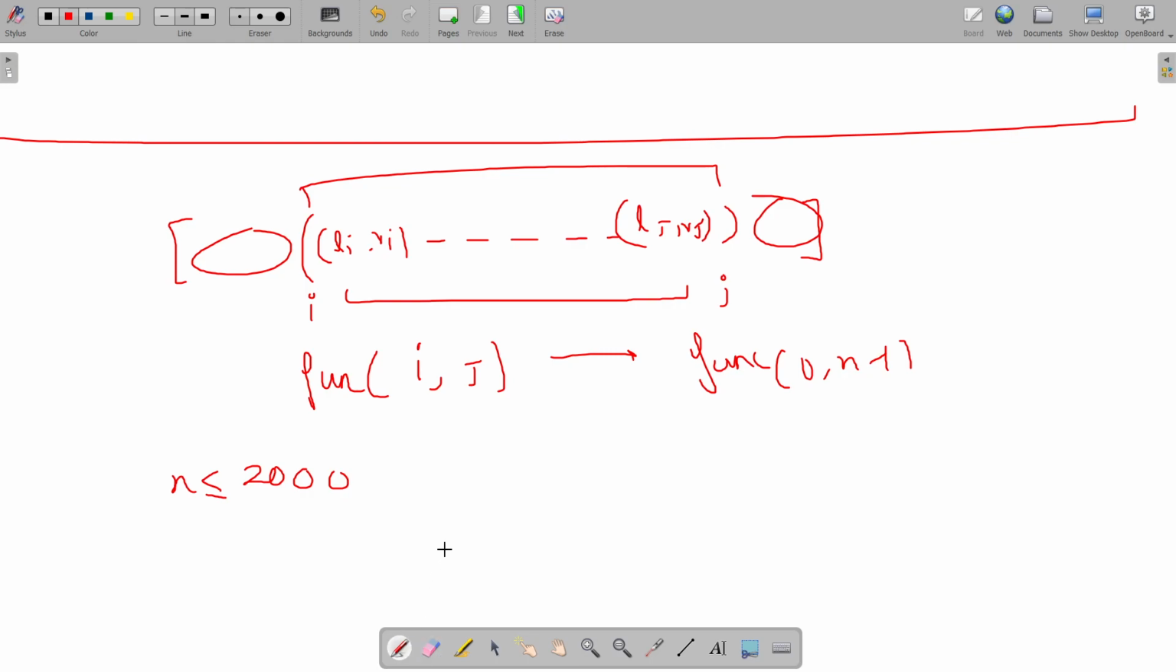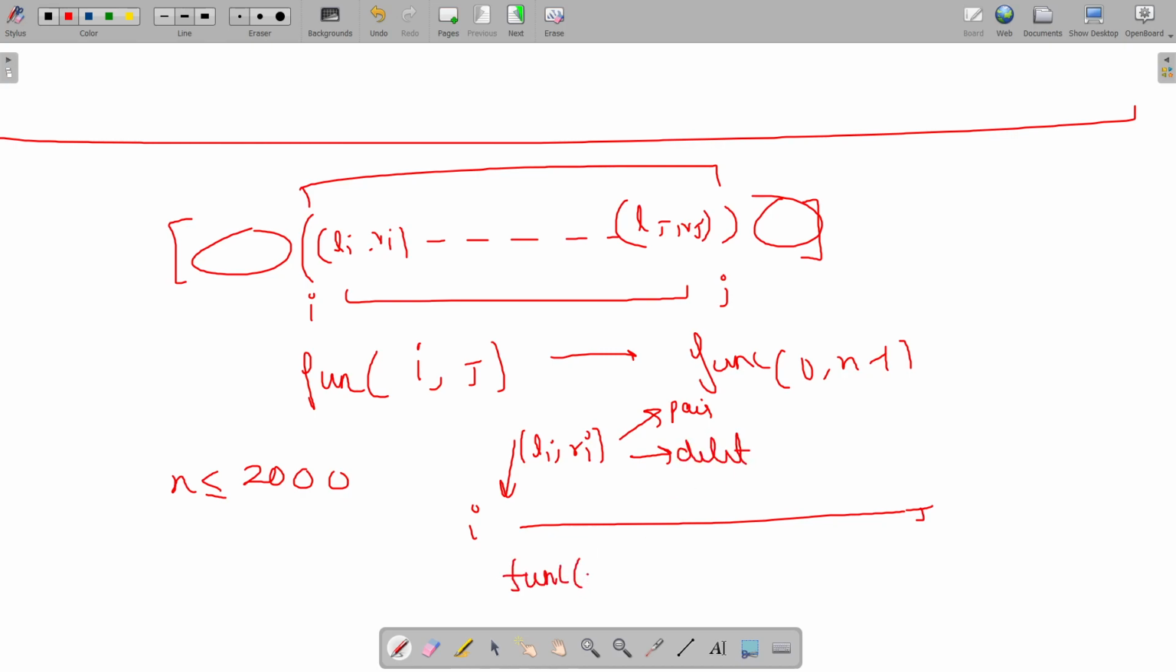So I thought, okay, what we could do is, if we are looking at this range from i to j, we can look at this ith element, Li, Ri, and then we can decide whether we should pair it with something or we should delete it. Okay. So we had some function of i comma j, and if we choose to delete the ith element,